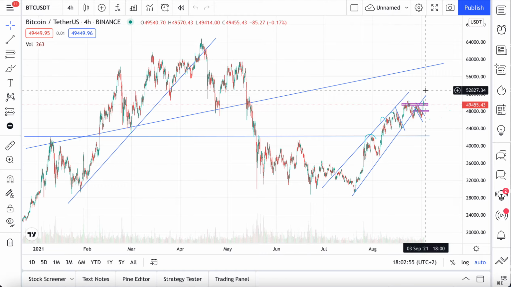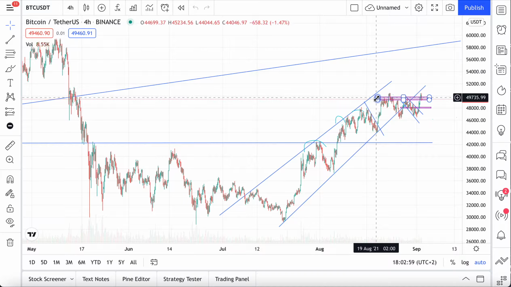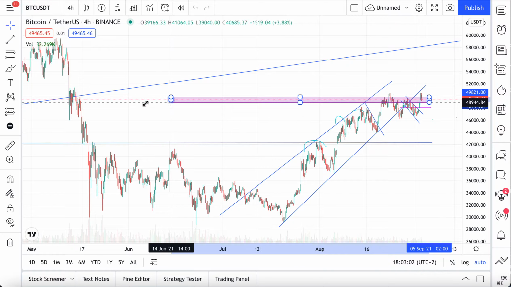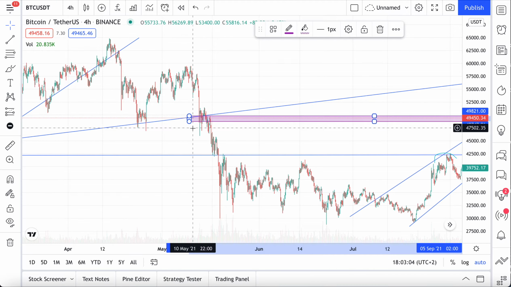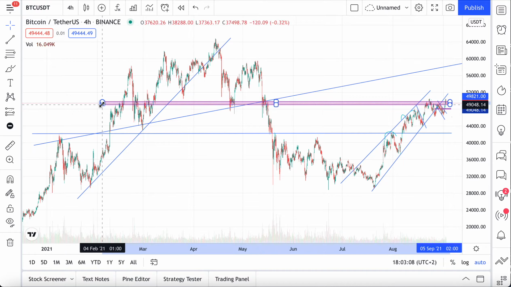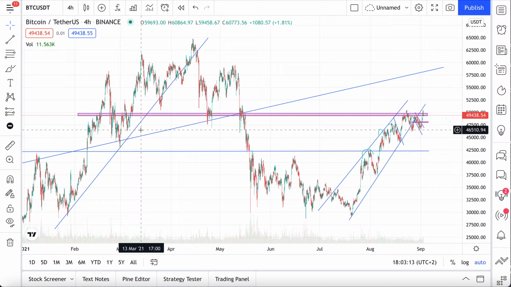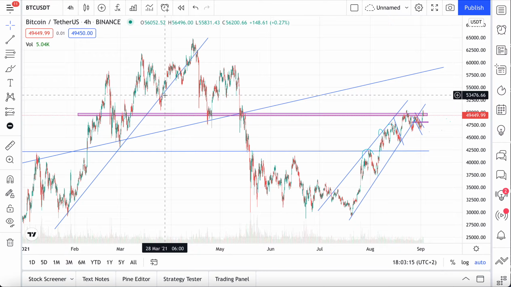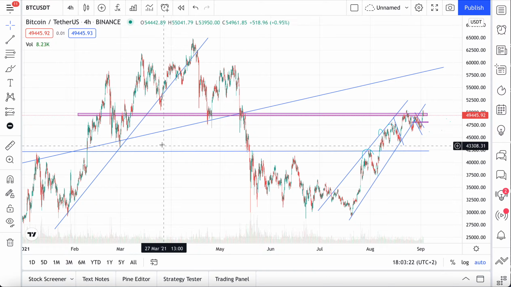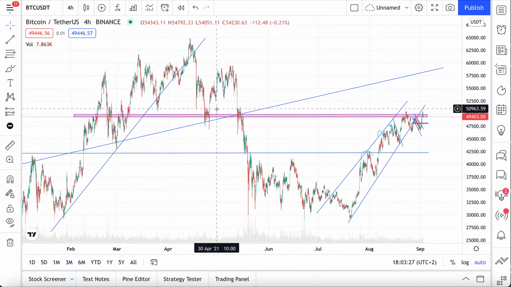If I can show you, let's extend this box. I try to, okay, yes, let's go. So look, let's extend this box and see how big and important this box actually is, guys. Look at it. This is the exact area of huge support or resistance. At the moment we would call it resistance, but previously it was support, and it was a big one.